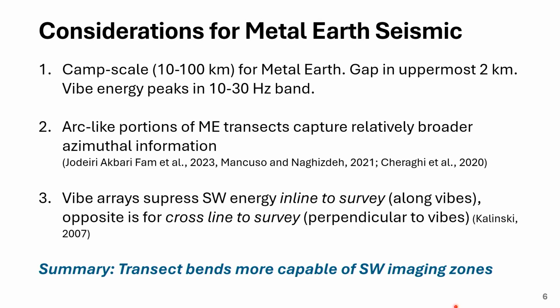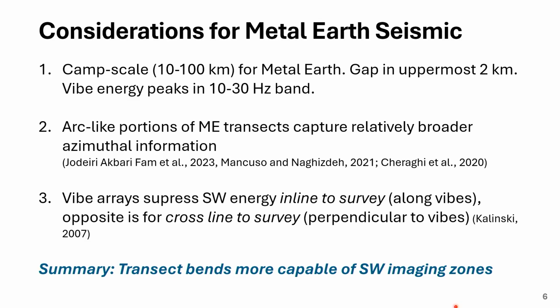Another thing that I've talked about a lot in the past is that there are a lot of arc-like portions in our transects. We have what we call crooked line transects, so a lot of S shapes and curves. What these do is provide areas of broad azimuth information, so we're getting the ability to image around an area a little bit. A lot of work in my own master's, as well as some of our PhD students and research assistants, has been to image the 3D structures within these bounds, whether using multi-focusing methods, cross-dip move-out, or 3D